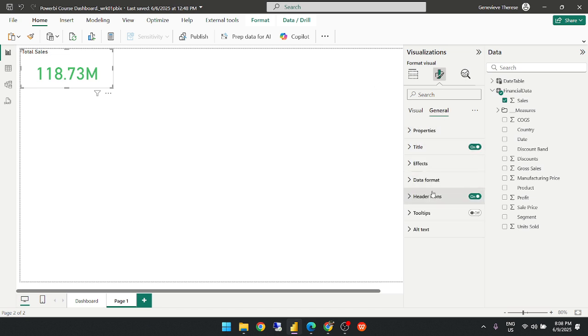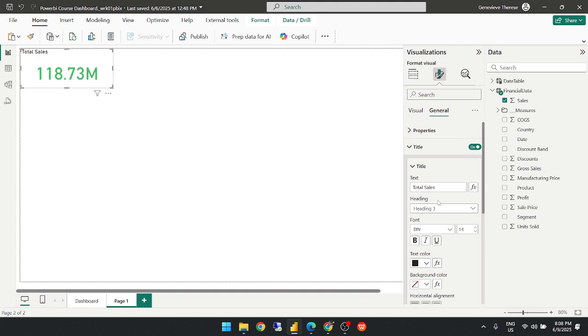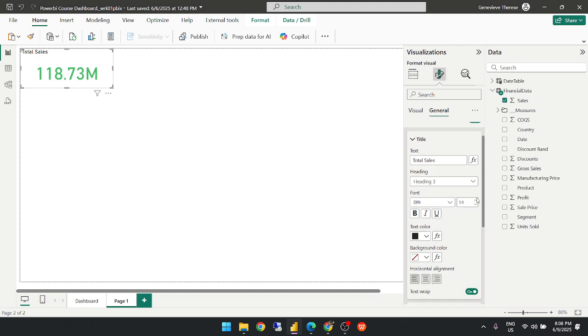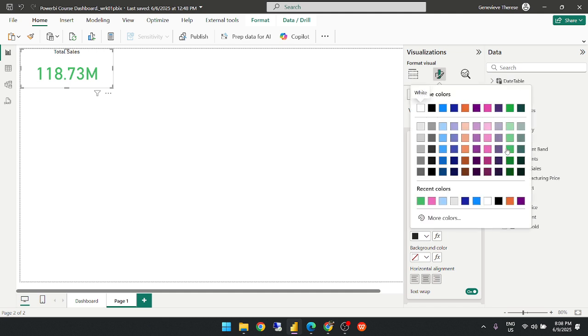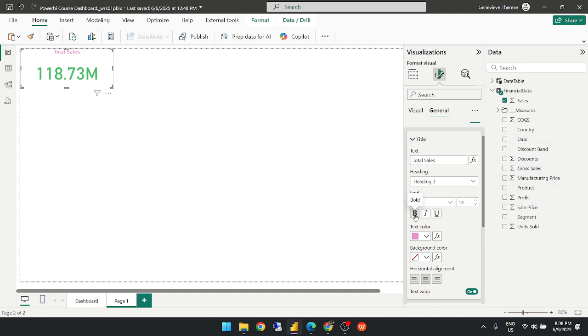Let me just get down to my title again. And the nice thing about this is that we can fully customize where the text is laid out. For instance, I'm going to move my total sales to the center. I don't like the color black. I'm going to turn it into a nice pink. I'm going to make it bold. I'm going to increase the size of the item,